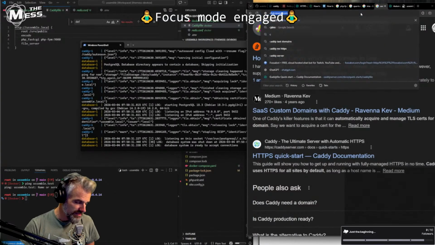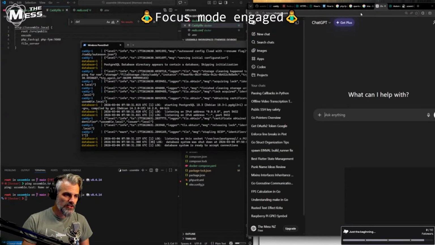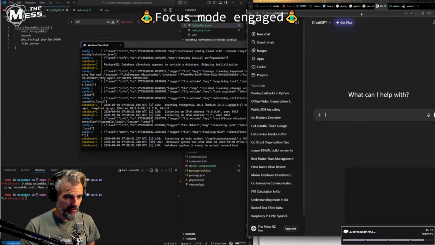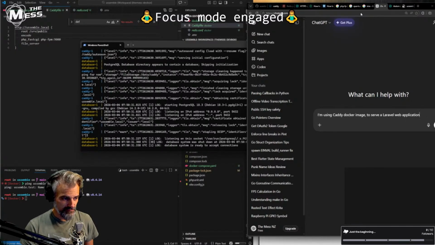Alright, we could always ask AI, see what happens. It's just a crappy old ChatGPT. See what that comes up with before we dive into anything more serious. I'm using Caddy Docker image to serve a Laravel web application. I have mounted